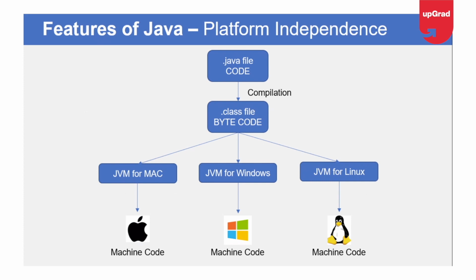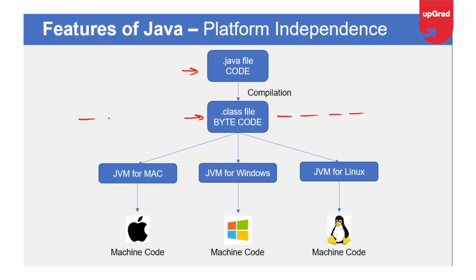First of all, we have the Java code file. Then the compiler converts this .java file into a .class file, which contains the bytecode. This bytecode is very similar to the native codes, but this is the extra layer which we talk about. This bytecode is then converted by the JVM, Java Virtual Machine, into machine specific binary codes.